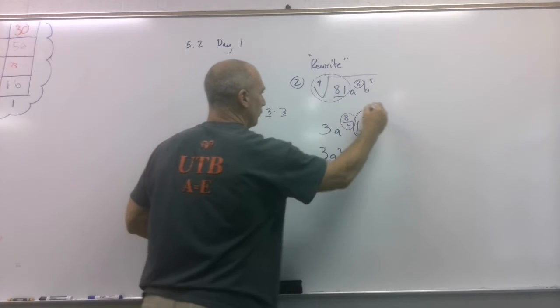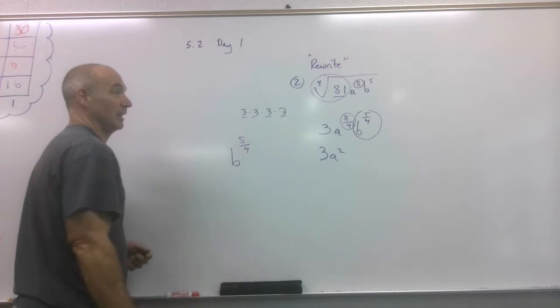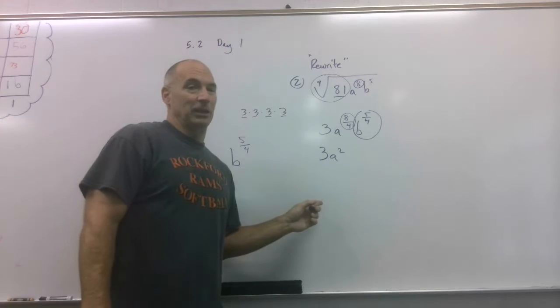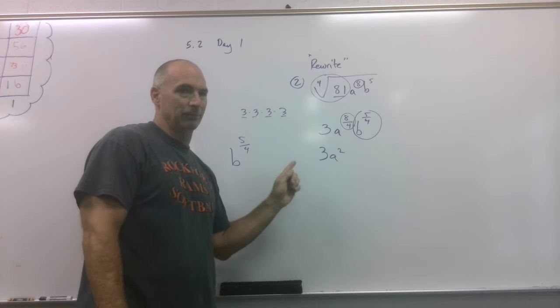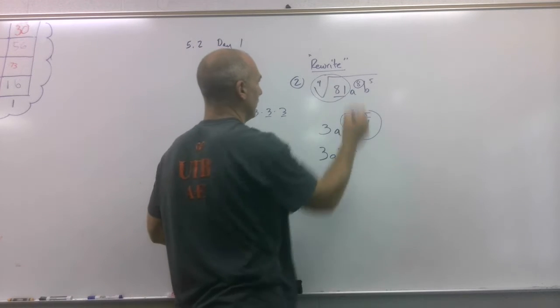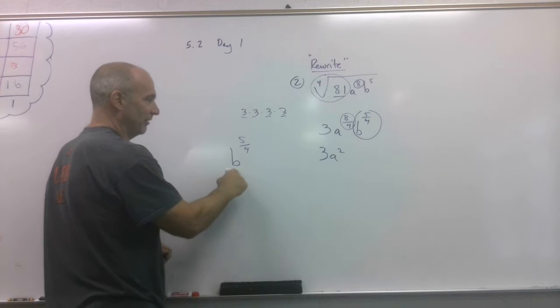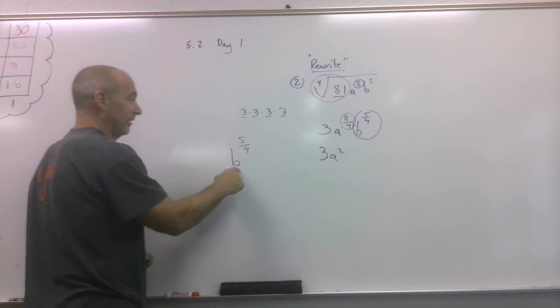Now what in the world do we do with that b to the 5/4? If they say leave it in exponential form, you're good. But they're going to say get it in simplest radical form. That's what they mean when they say rewrite it. So we got a situation here. So we got to use some common sense. This is the same thing